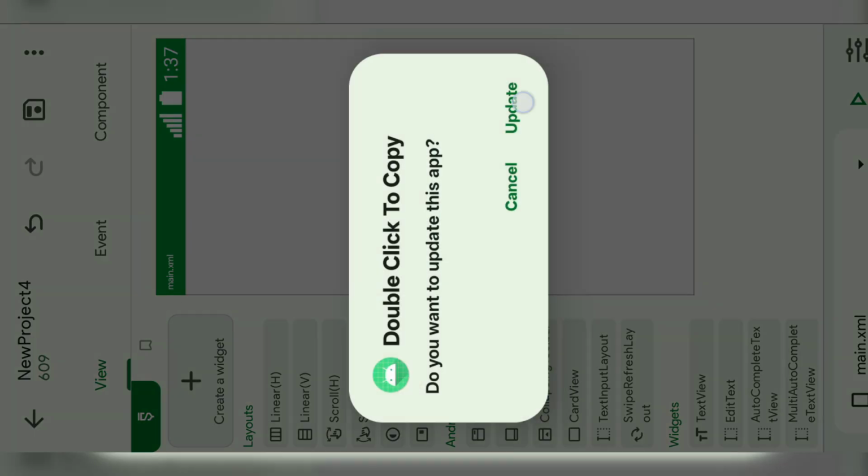So now install the application and open. I do a single click but it is not copied. Now I do the double click and you can see the text copied. So it is very easy to make a double click to copy text from a text view,